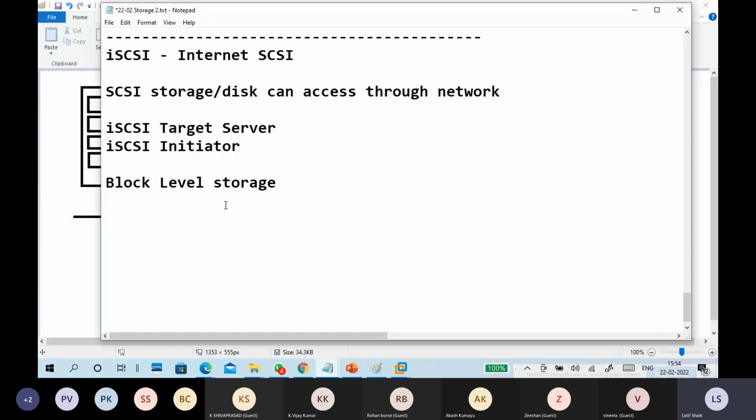For example, if I cannot implement SAN with fiber channels, or maybe it is very difficult for me to manage different SAN management servers, I can go with iSCSI. It is very simple. We can simply create a virtual hard disk and assign it to the remote server.